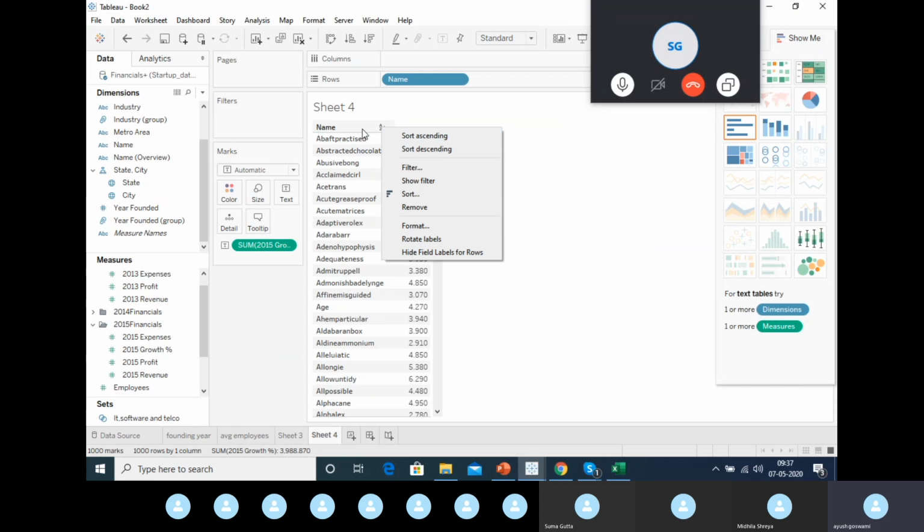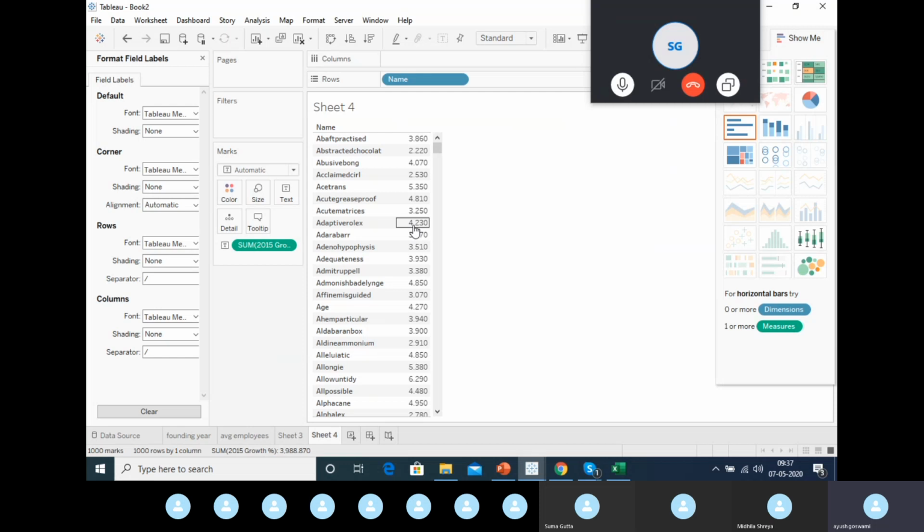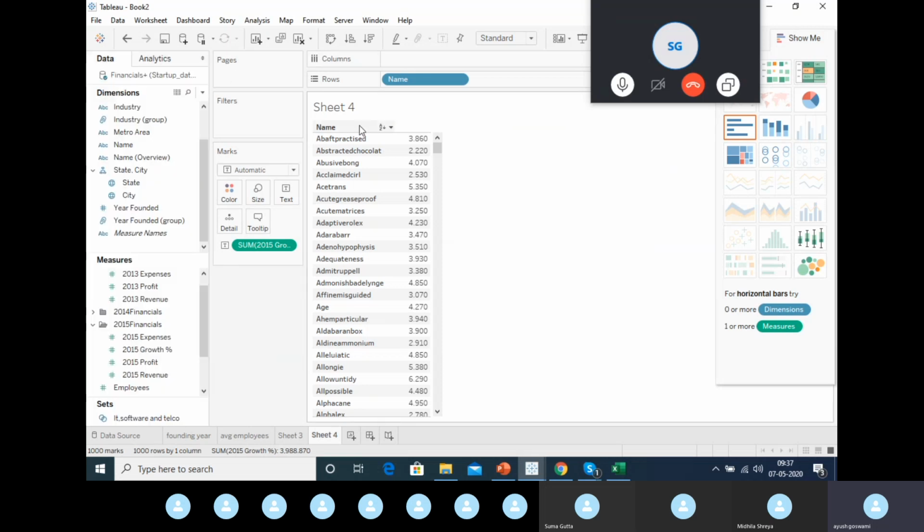right click onto this and go to Format. Once you go to Format, you can change the format accordingly, but here we are not doing it. Also you can right click onto it, because we have to sort them. So we'll go on to Sort,